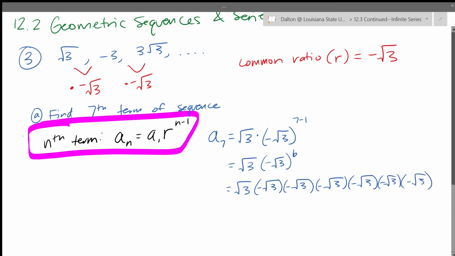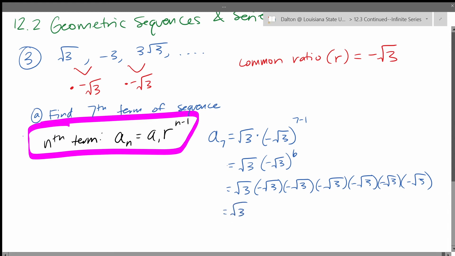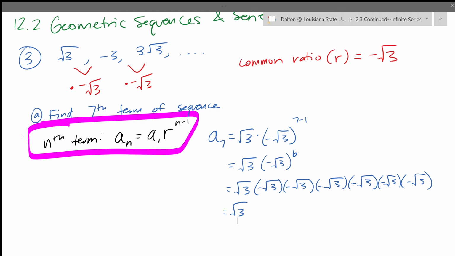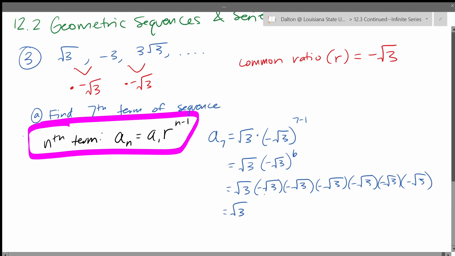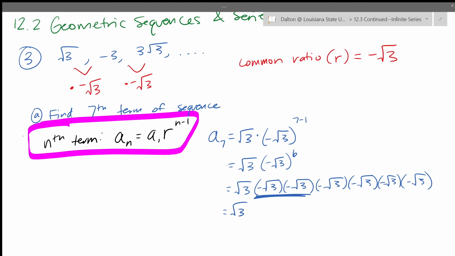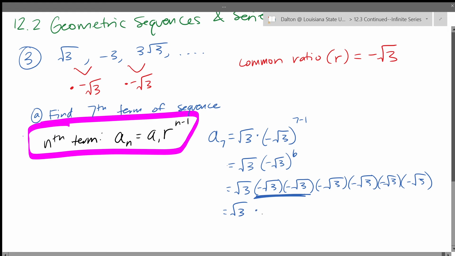And then the benefit of doing that is that we can not cancel them out by pairs, but actually multiply them in pairs. If I just multiply negative square root of 3 times negative square root of 3, a negative times a negative is a positive, and square root of 3 times square root of 3 is just 3. Same thing here. Negative square root of 3 times negative square root of 3 is going to be a positive 3. And then negative square root of 3 times negative square root of 3 is also going to be